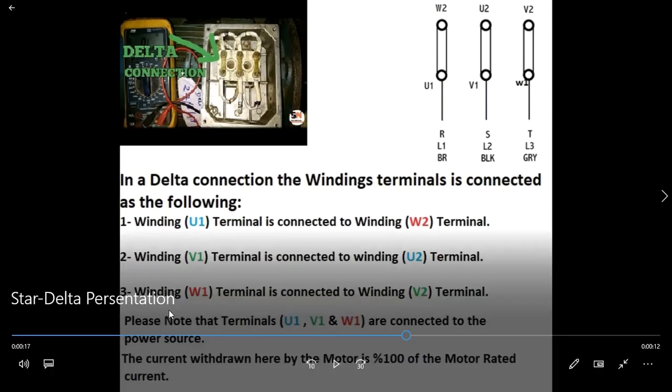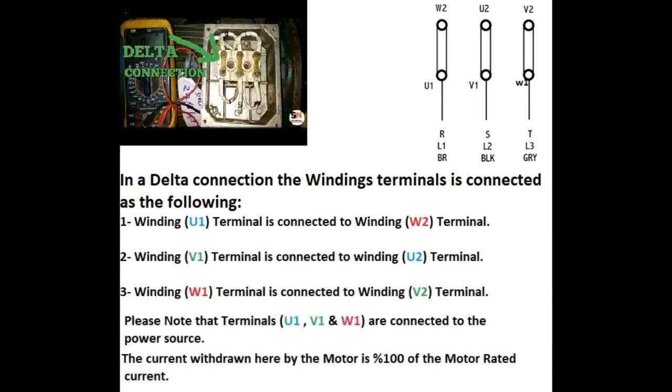Winding W1 terminal is connected to winding V2 terminal. Please note that terminals U1, V1 and W1 are connected to the power source. The current withdrawn here by the motor is 100% of the motor rated current, and if the motor rated current is